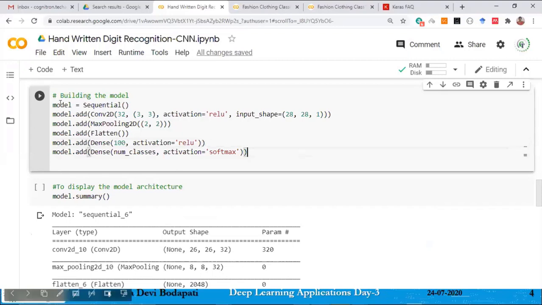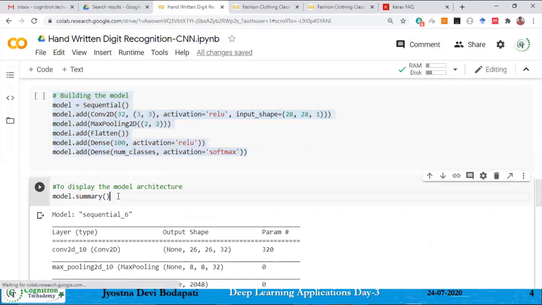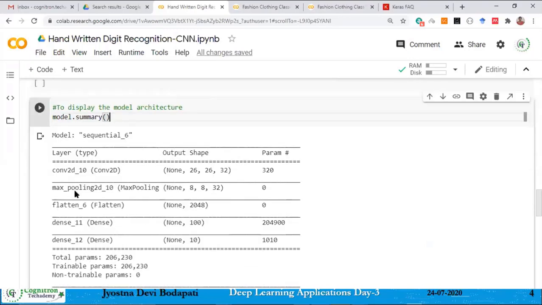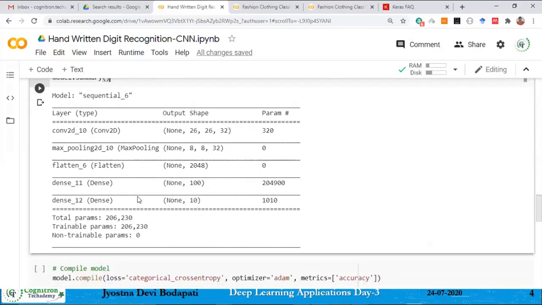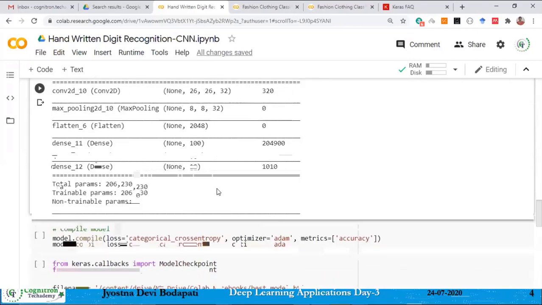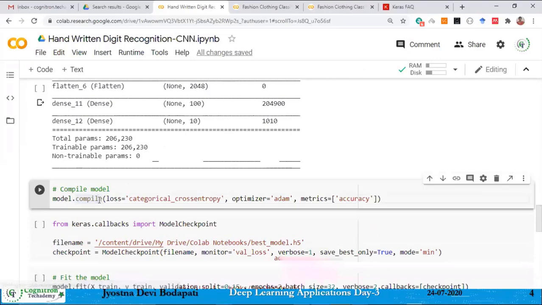So then I created this model. You can see the model here, and you can have a visualization of the model architecture. Once the model is ready, you have to pass the loss function, and also the optimizer function you want to use to get the minimum and update your weights.